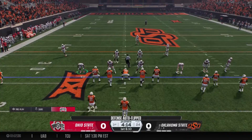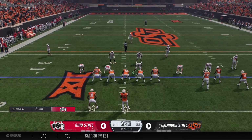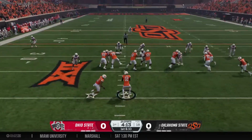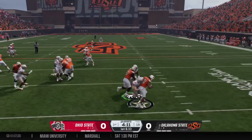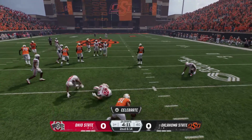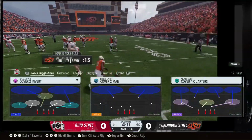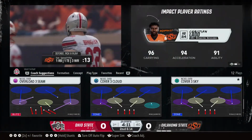Bunch formation for these receivers. Running back searching for a hole. And he never had a chance. Just stopped cold as soon as he got it. And man, it's nice to have a guy that is just...